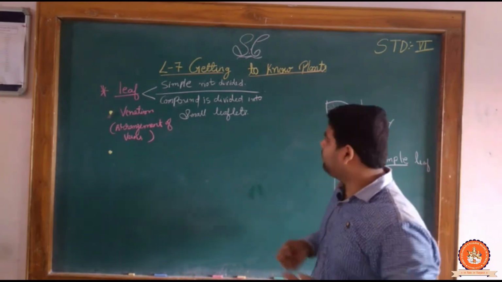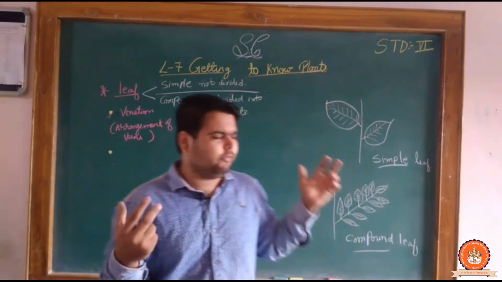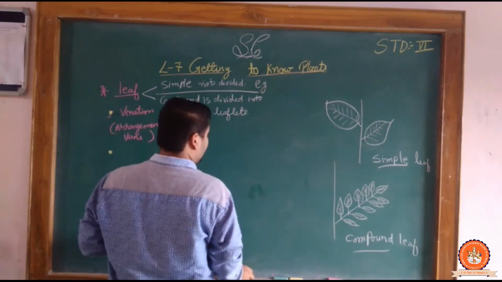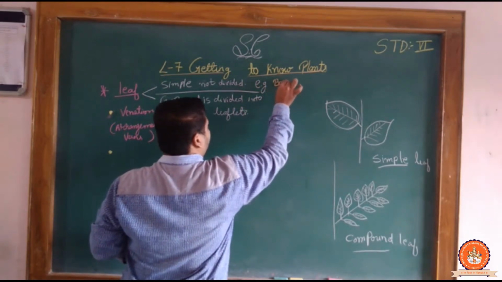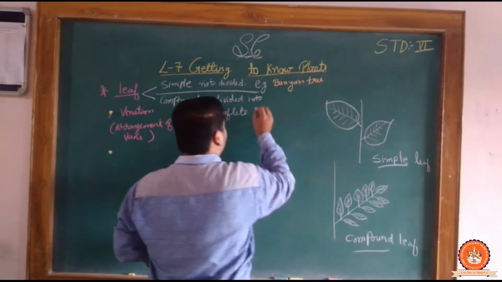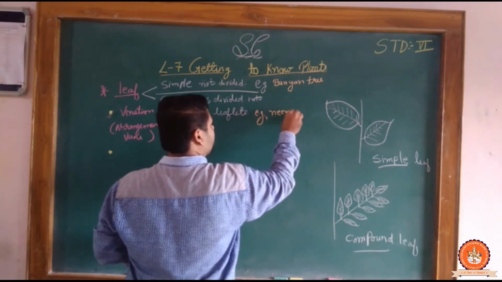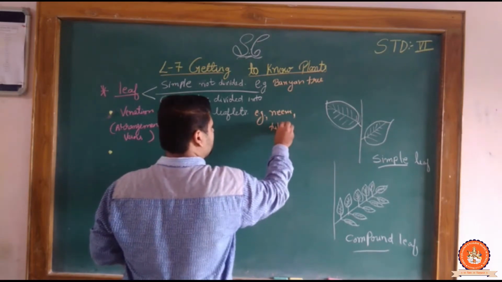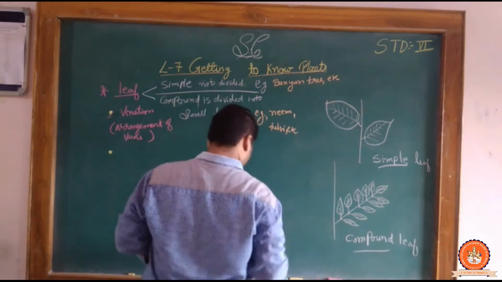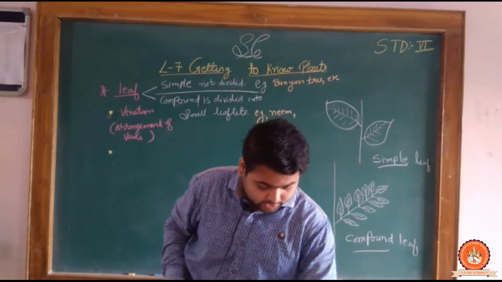This is the main portion of the simple and the compound. Clear? From that we can get the simple idea that when we observe it. Now we can take the example here: that banyan tree. Here we have the example of the neem, tulsi, and many more. Okay, bachawade. So we have also the example over this portion.